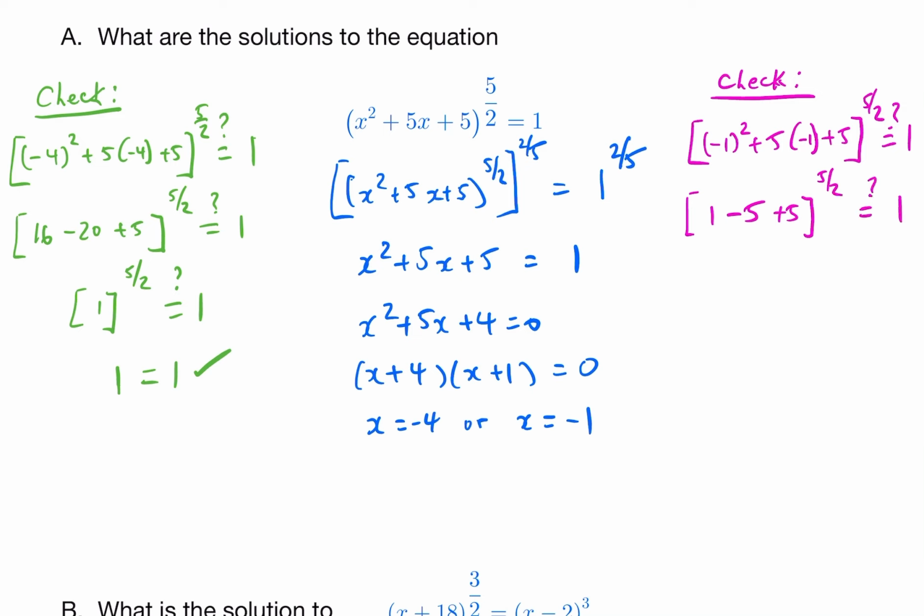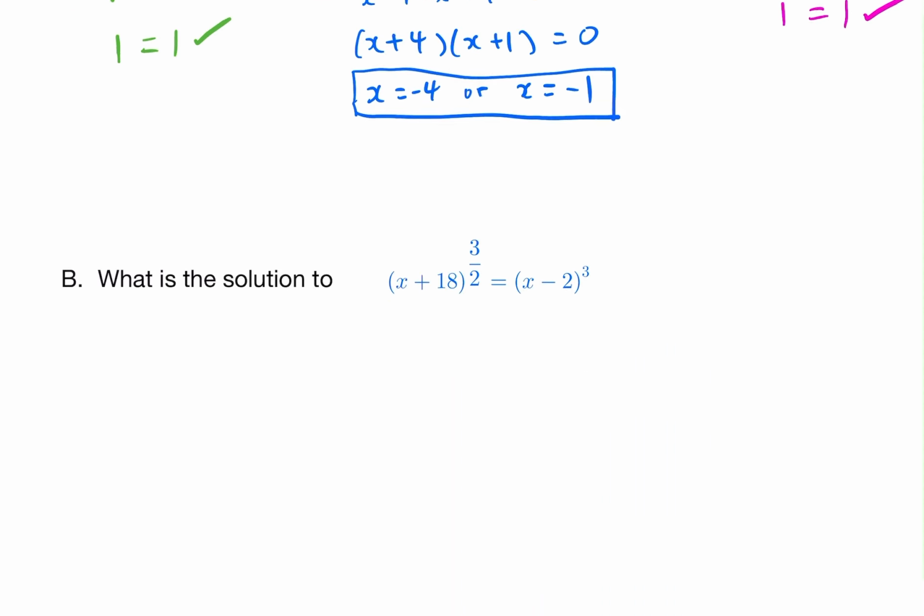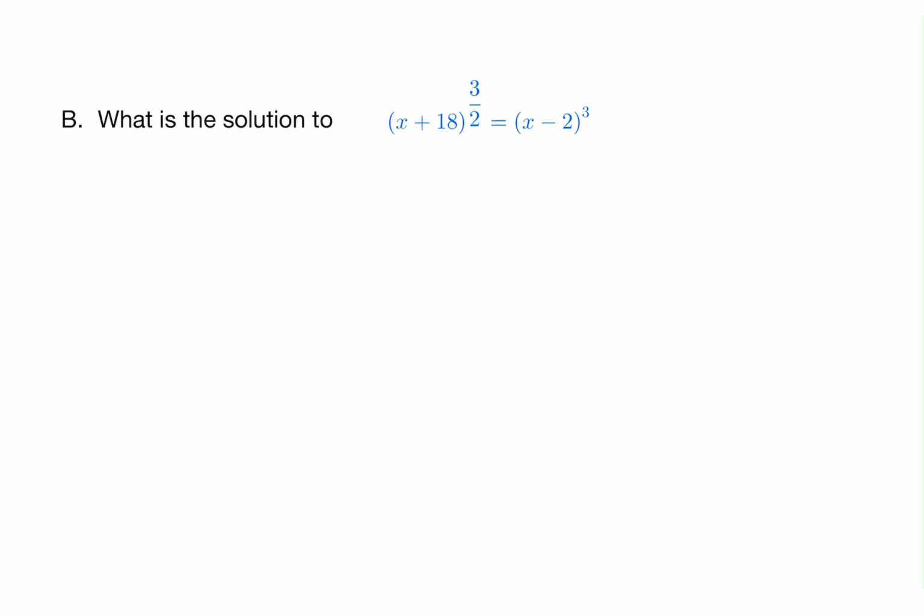1 minus 5 is negative 4. Negative 4 plus 5 is 1. So we have 1 raised to the 5/2 power. Does that equal 1? And yes, 1 to the 5/2 power is equal to 1. And so therefore that checks out. And so these, negative 4 and negative 1, are both our answers. Okay? All right, let's take a look at part B, or second example,